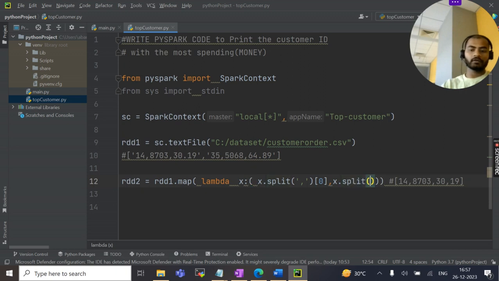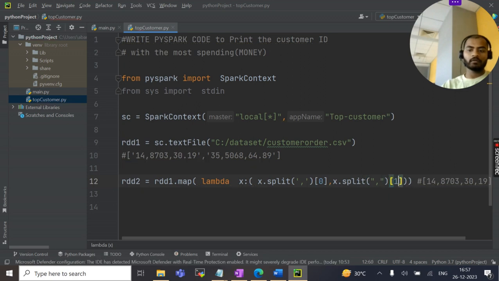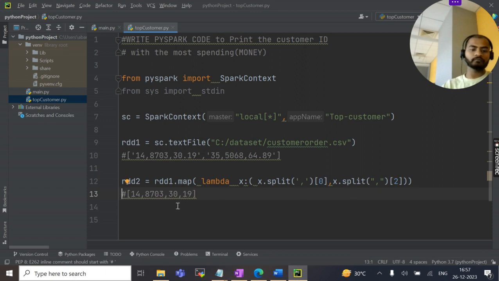this thing, 1. From here, sorry, it will be 2, because if we observe here, 2 will be the 13.19. So this is the customer ID, this is the order ID, and this is our price. So index 0, index 1, index 2. So we want this 0 index and we want this price, index 2. That's why from here